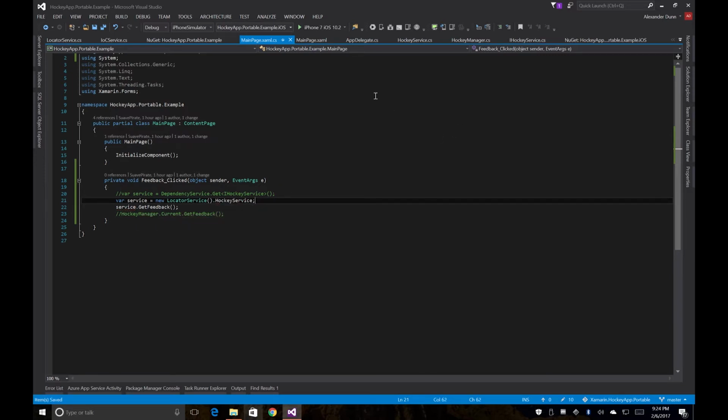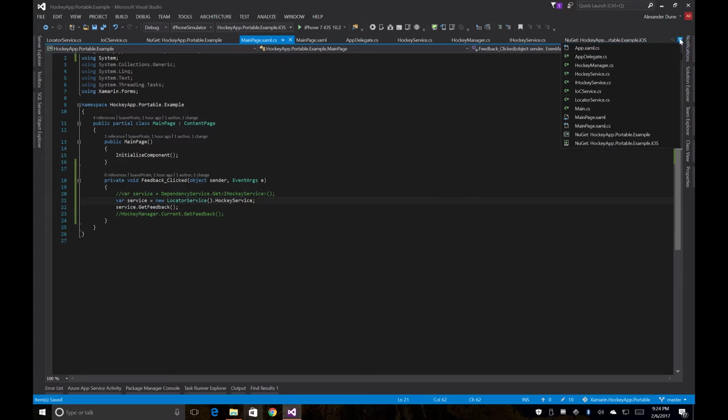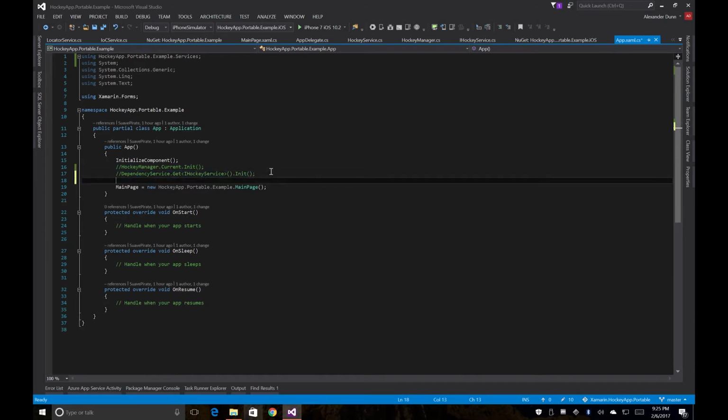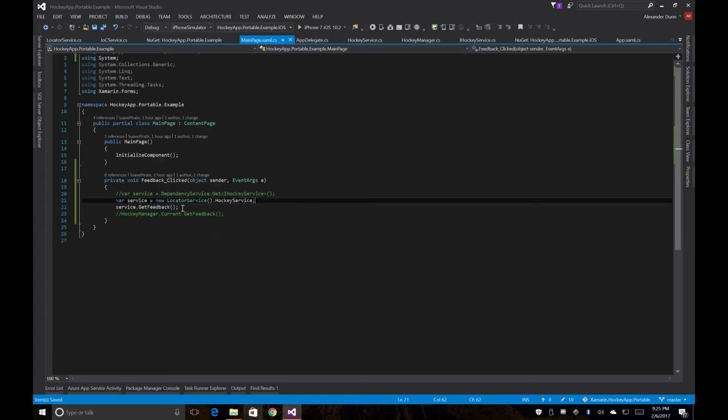And then we're going to want to go back to our main Xamarin.Forms app and basically do the same thing. Instead of calling the init here, we're going to call new service, our locator service dot HockeyService dot Init. So that's it. So now we've de-Xamarin.Formsified ourselves so that if we weren't running this in Xamarin.Forms, we could still handle the same logic here where we're calling our injected dependency